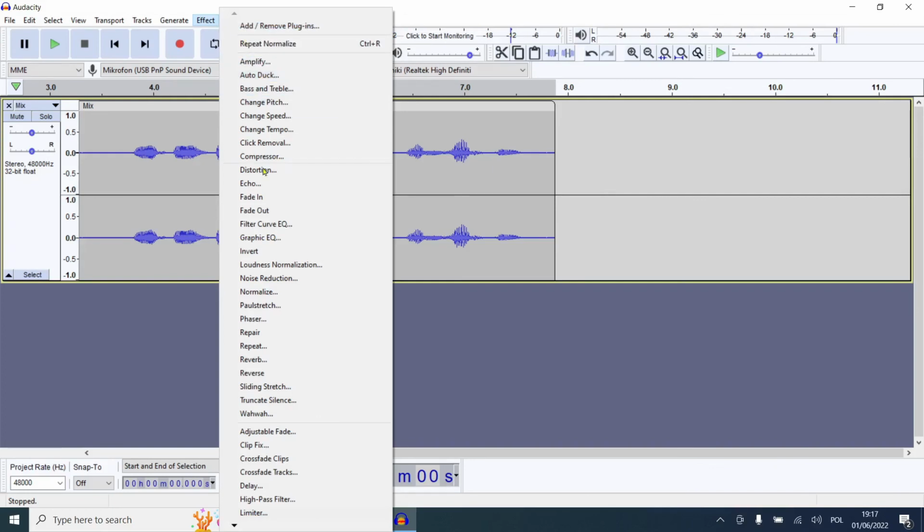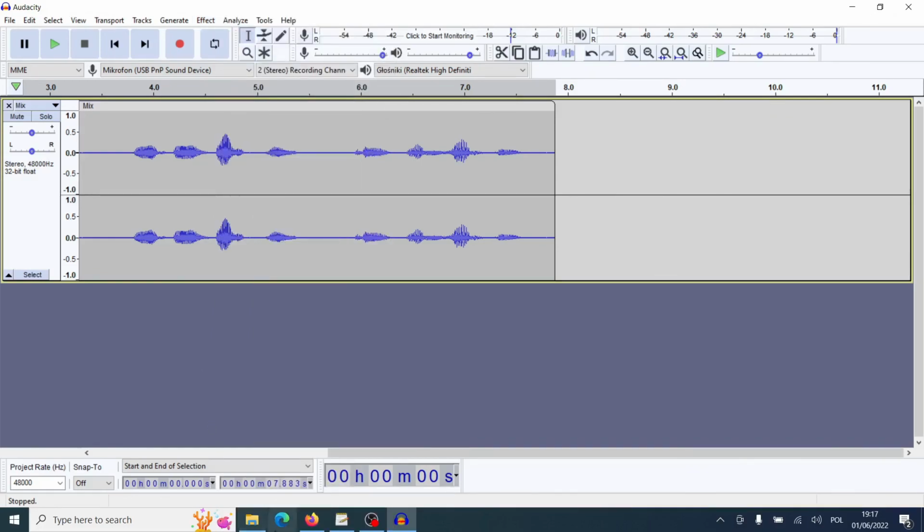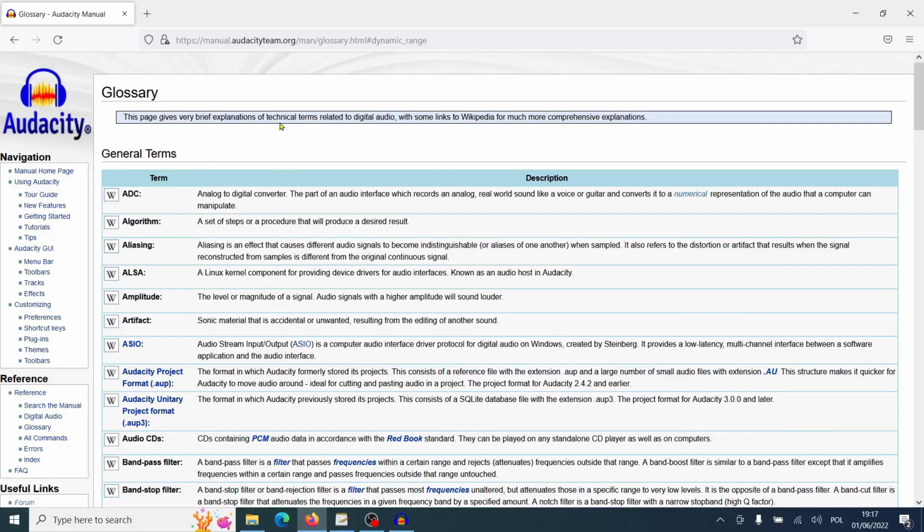Information about other effects you may find in the internet, for example in Audacity manual or in the internet